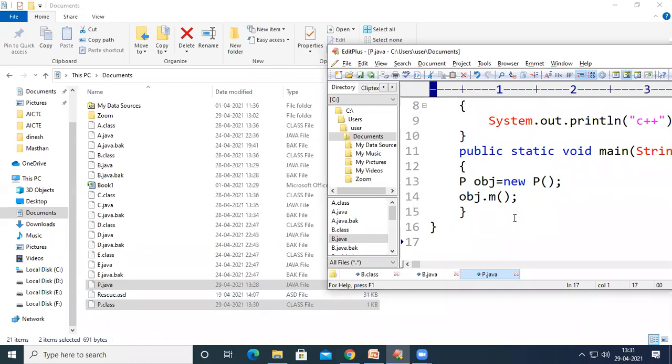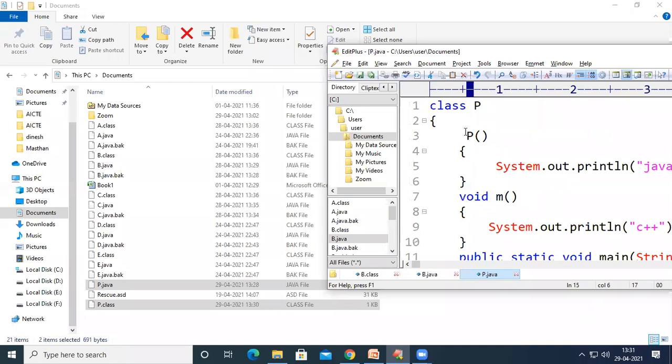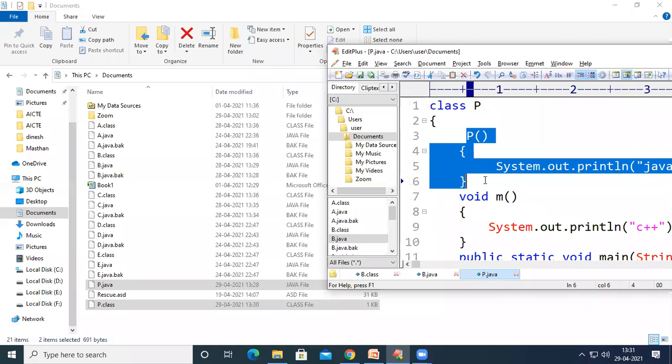So here, if you have a constructor inside this class, that constructor will be converted into bytecode. And if you don't have any default constructor inside this class, the Java compiler will add a default constructor and then compile the program.